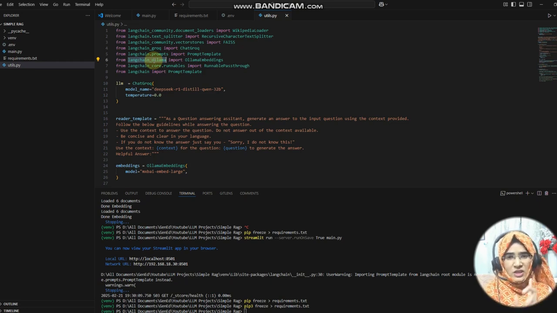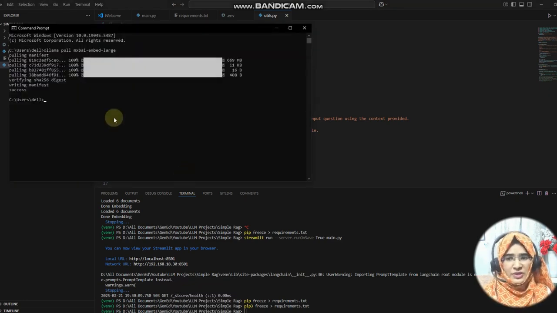So here we are using embedding. The way is similar: for the model we need to pull the model from Ollama, and for the embedding we also need to pull. You just need to write ollama pull, that's the command, and then write the embedding model name. That's it. It will pull the embedding model and you can use it.